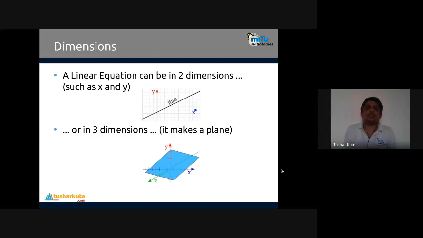It's not always compulsory that a linear equation should be in 2 dimensions like x and y, because most of the machine learning functions have this idea present. If you talk about linear regression, there are many linear models in machine learning. Maybe we have not seen them, and if you have that in the syllabus, we'll talk about it. Linear regression we already know: one variable on the X axis, another on the Y axis. Now maybe we have 3 dimensions also, so it will make a plane. See this one, the third dimension Z is added, so X also, Y also, and Z also.